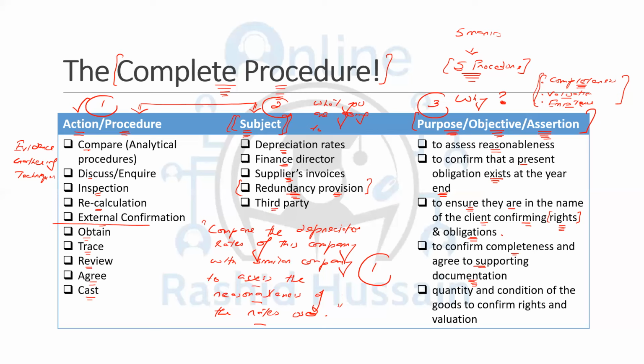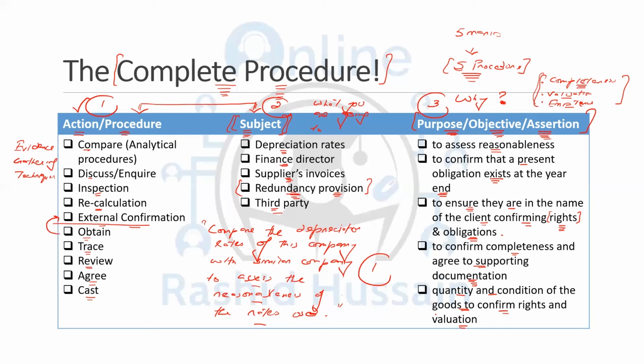So this is how we can do that. And similarly, external confirmation. For example, if it is about the inventory of a third party, obtain external confirmation from the third party to confirm the quantity and condition of the goods. Or you can simply write, obtain the external confirmation from the third party relevant to the quantity and condition of goods to confirm the